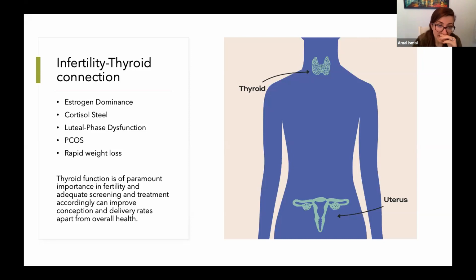Luteal phase dysfunction is something we see very often in fertility, connected with thyroid, and that's when you have very low progesterone during the phase post-ovulation, where you actually need enough progesterone to allow for implantation and thickening of the lining. We see low progesterone correlated for many reasons, but one of them correlates with low T3 in the body. PCOS is another